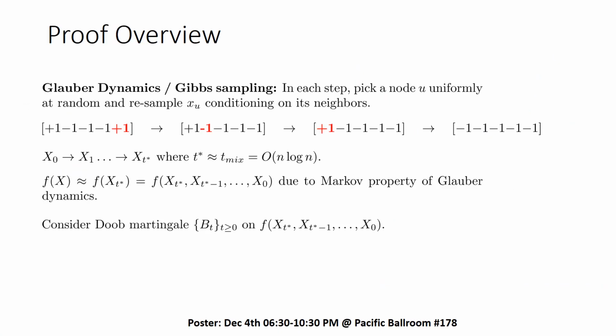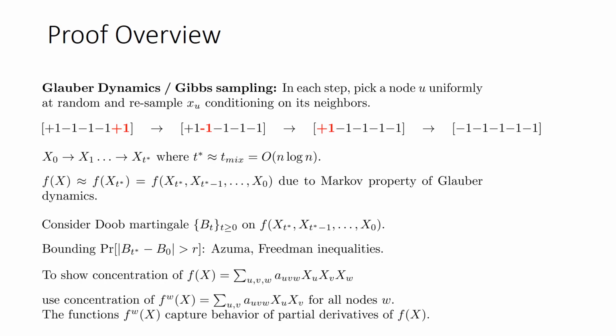At a high level, our proof proceeds by using the evolution of the canonical Markov chain used to sample from the Ising model, namely the Glauber dynamics, to define a martingale associated with our multilinear function. Then we leverage advanced martingale inequalities to obtain the desired concentration result. Showing that d-linear functions concentrate crucially relies on the concentration of d-1 linear functions, which leads to an inductive style